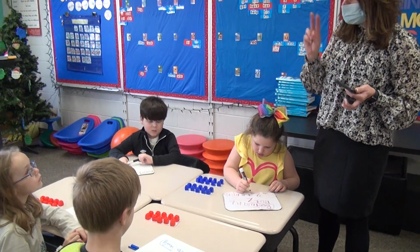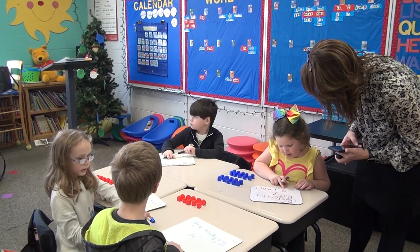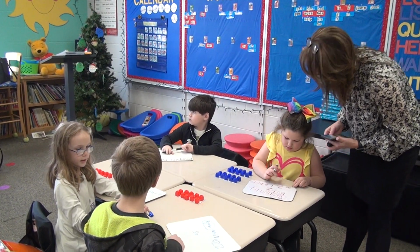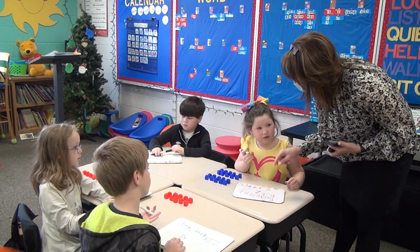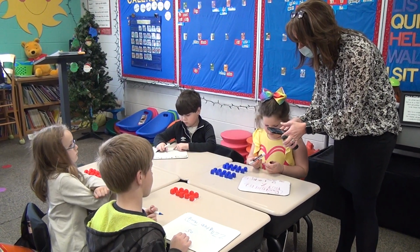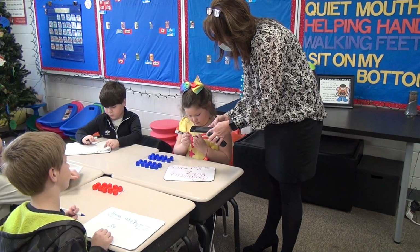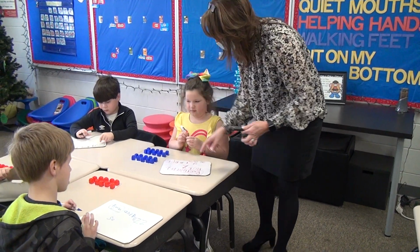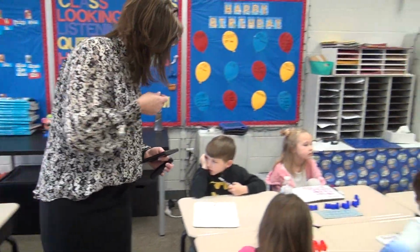Why does the number 20? Remember our learning today was to talk about the 2-digit numbers that end in 0? Yes. O-N-E-S. So why, y'all, what does the 2 mean in that number, in the number 20, and what does the 0 mean in that number? So I want you to talk about what those digits actually mean or tell us about the number. Are y'all with me? Yes. Talk to your partner. What does the 2 mean? What does the 0 mean? So the 2 means...